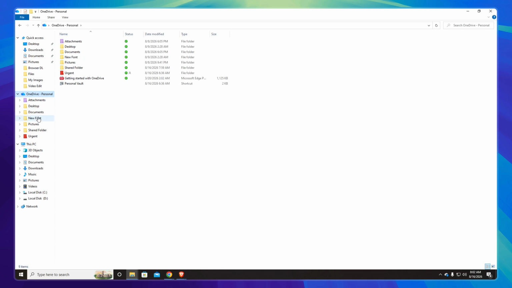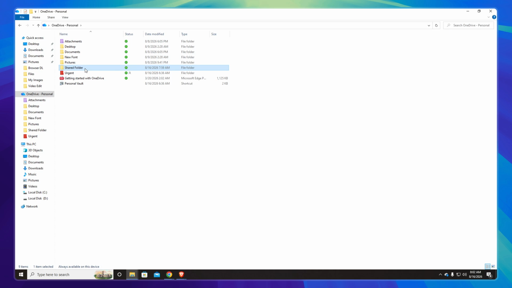Clicking on the OneDrive icon will display all the files and folders that are currently synced between your OneDrive account and your computer. This is where your cloud storage meets your local storage, making everything easily accessible. From here, you'll be able to directly see the shared folder alongside your other OneDrive content. This makes it incredibly convenient to access shared files without having to constantly log into the web browser version of